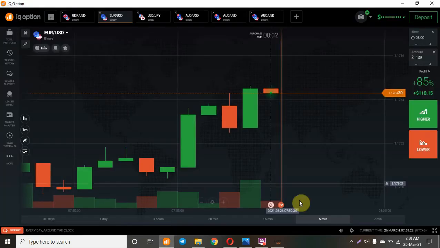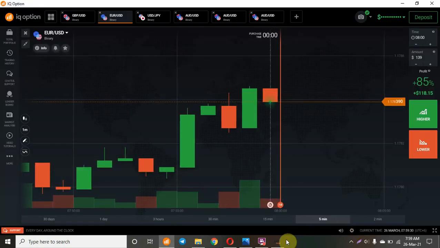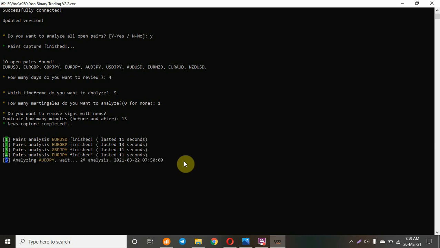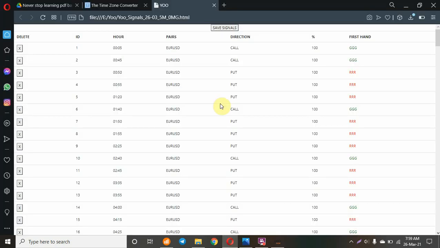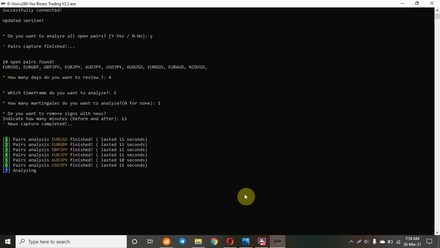So I hope you know how to change your time zone. To follow the signals, you must follow the color coding. The color coding is very important to trade with the signals, because color coding is the only thing which shows you probability.